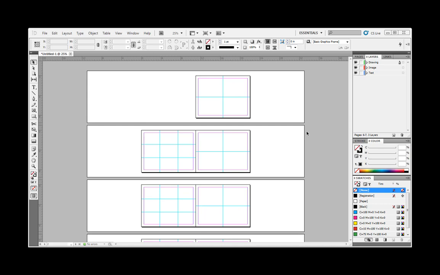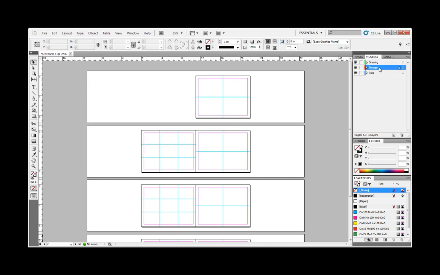Alright, so what we'll place in these pages could be images first, because usually we start off with images, either drawings or photographs or renderings or whatever. You should highlight the image layer so that you know that you're working in the image layer. And then what we're going to do is go to the toolbox and select this frame